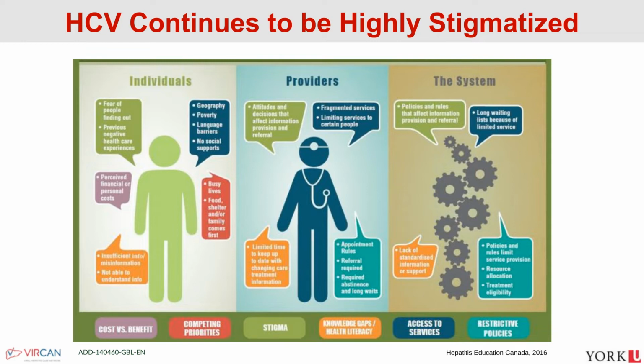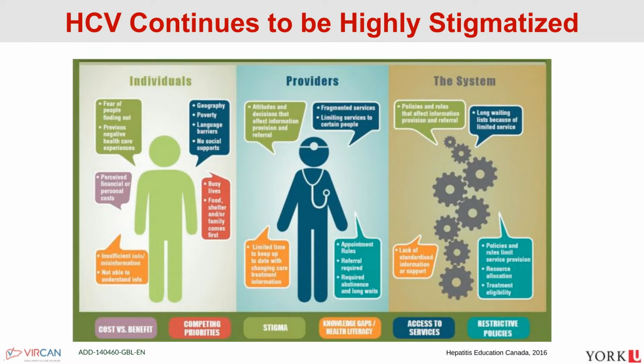So even shifting the way providers think about people who are actively injecting drugs is a huge task that we have to work towards in the context of the opioid epidemic, which has affected so many countries globally. This further perpetuates the stigma because people might be reinfected, and providers might make a judgment about those sorts of things. And then there are many systems barriers.